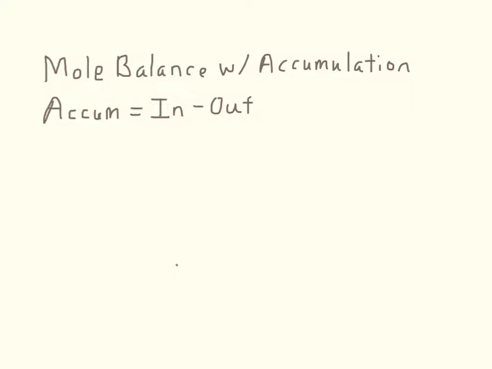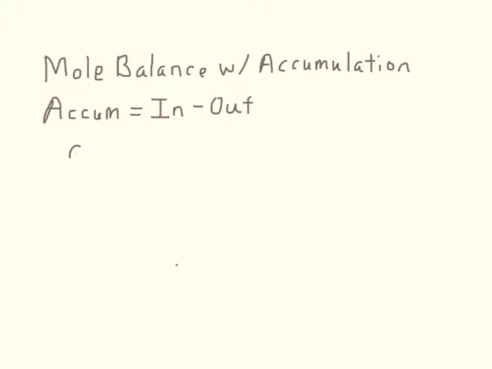We've seen that what goes in must come out unless something else happens to it. One of the things that can happen is chemical reaction, but another thing is accumulation. So in this case, accumulation is equal to the difference between what goes in and what goes out. Now, to put this in algebraic terms, the accumulation is the change in number of moles in the system with